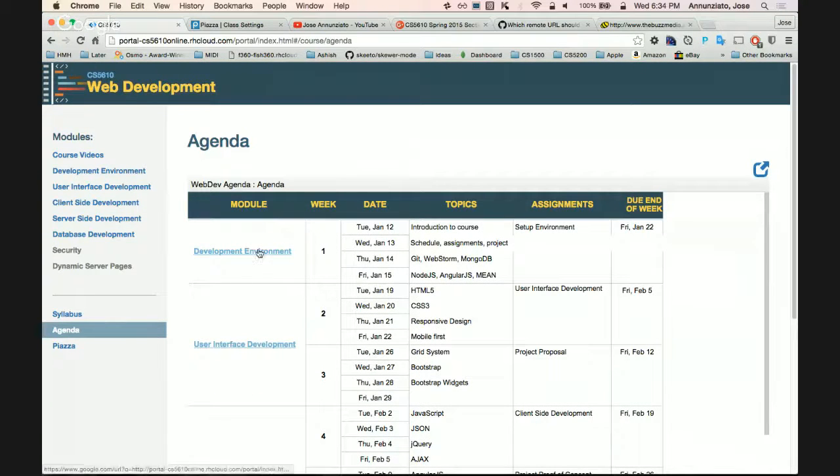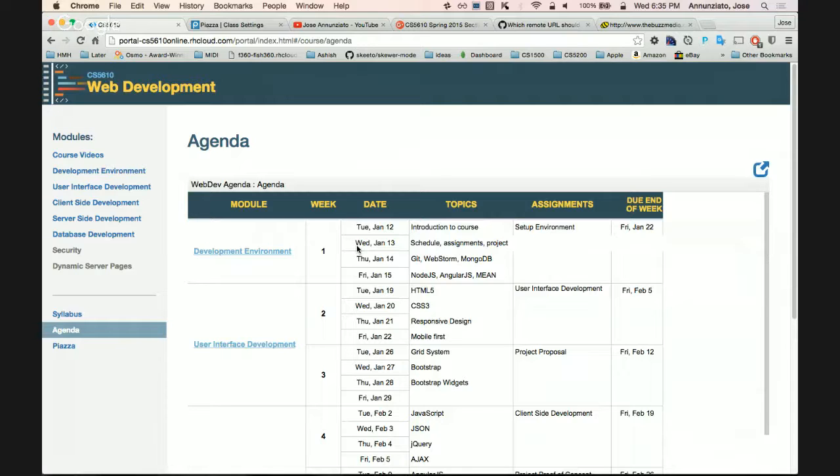Here, you notice that on the left-hand side we have the various modules, and they map to these modules. So there's the development environment. It's this one over here, which we're going to be focusing on this week, and these are the four lectures that cover this. For you, you're only here on Wednesday, which is today. The other days are because of other sections.